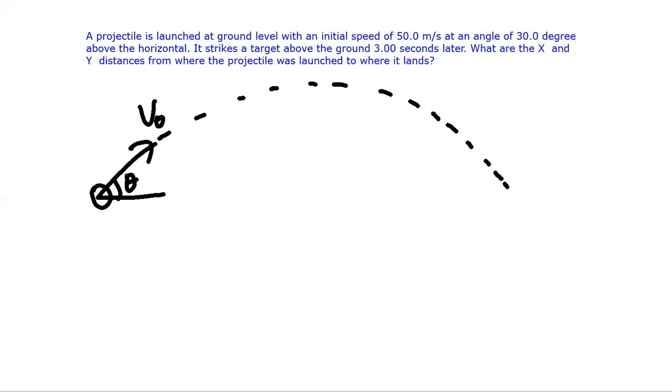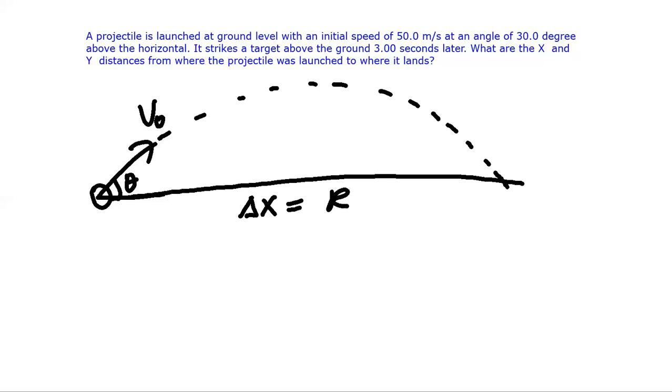Okay. So you're looking for the distance traveled, the total distance traveled by the projectile, which is also called the range. You can denote it by R. So the problem says find what are the x and y distances from where the projectile was launched? So we know that the range of a projectile